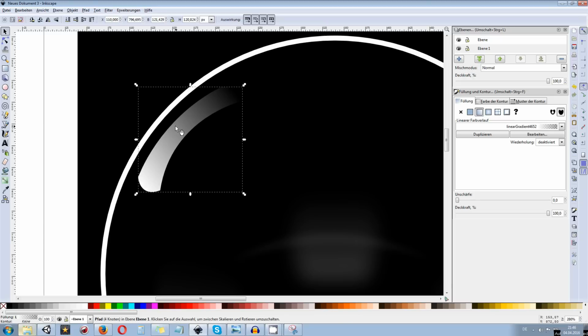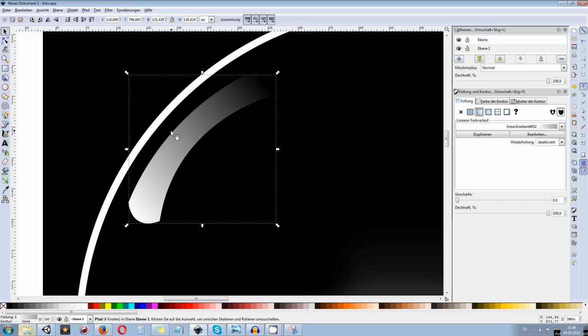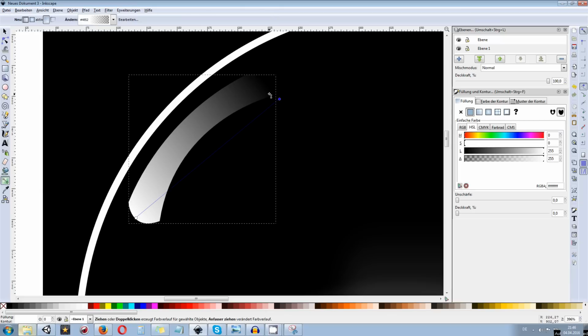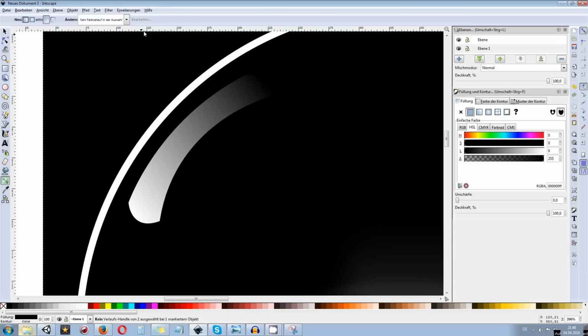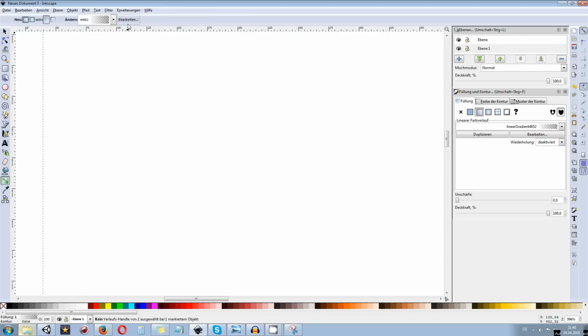Maybe you can also take another gradient tool where you have the bottom and the top. Yeah, let's create this one. This might look a bit better. So what you can do is we can go to the gradient tool in here, select this one, and we can actually create a new one. So we can add in, now we have 3 different ones in here. So we go over and take the last one.